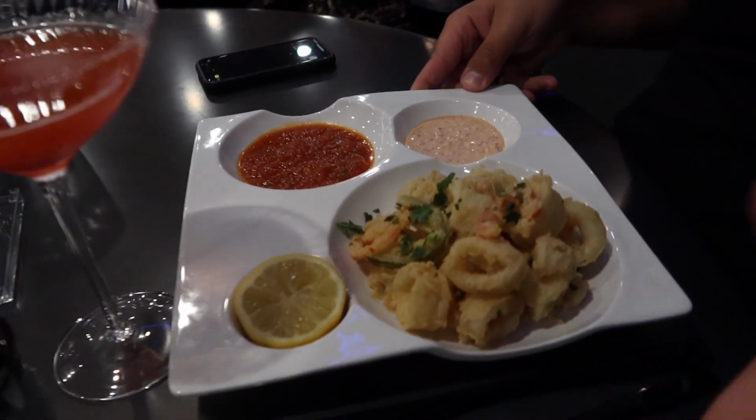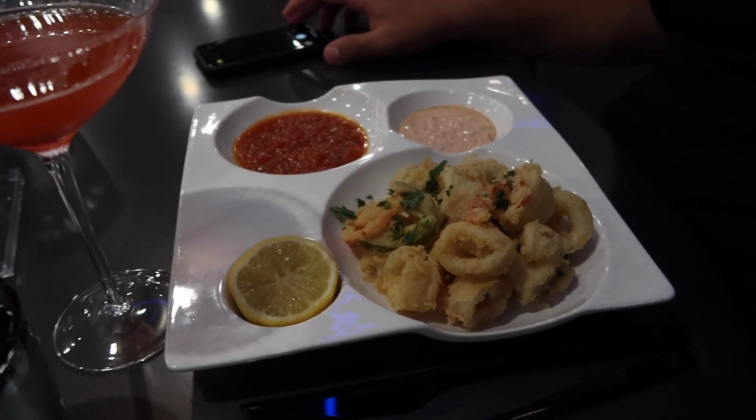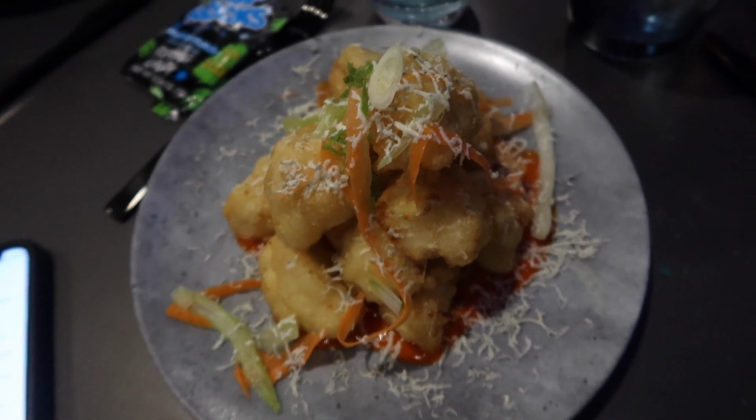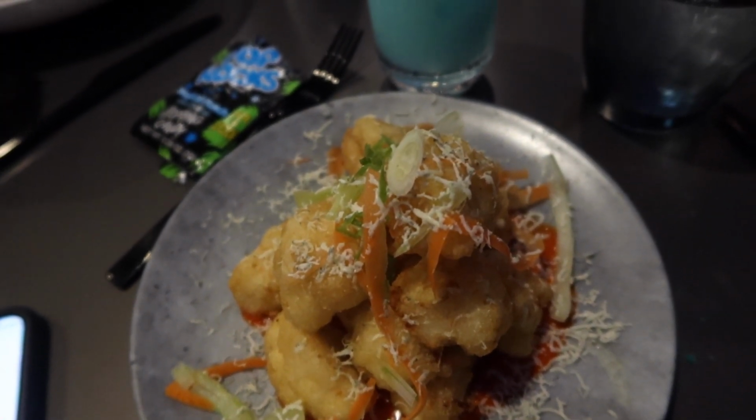Yeah, it looks good. The different sauces look really good as well. There's a red pepper sauce and I think just a normal cocktail sauce or something. Very exciting. And then I got right here the Blue Moon cauliflower, which is tempura fried cauliflower with a